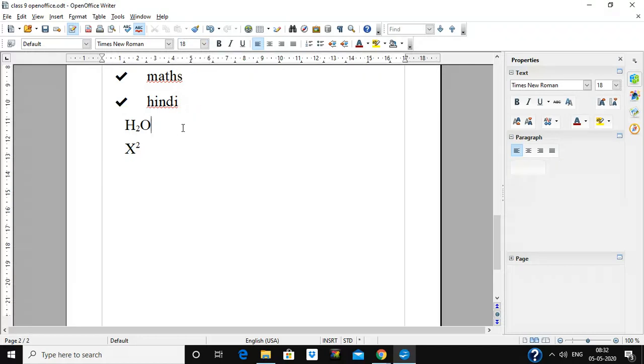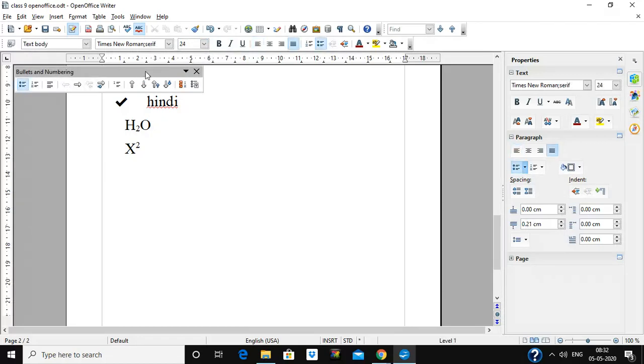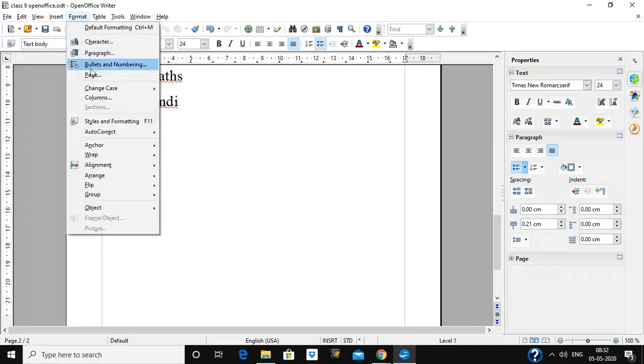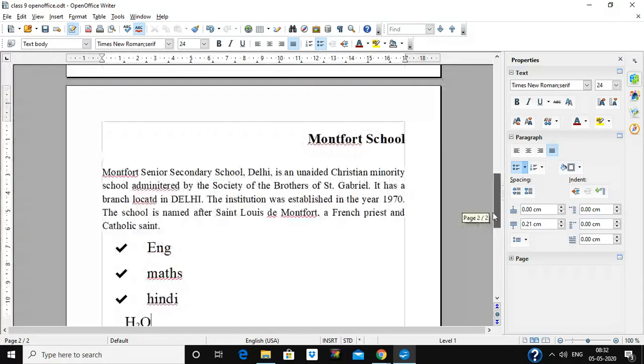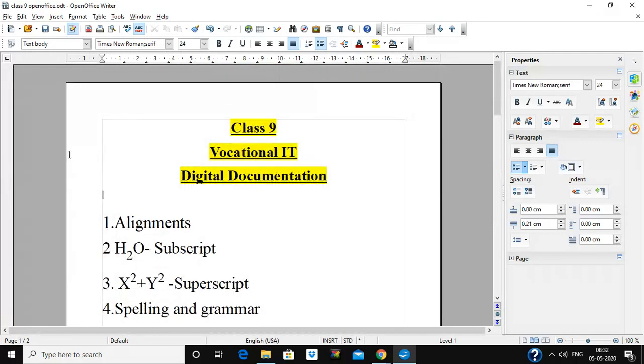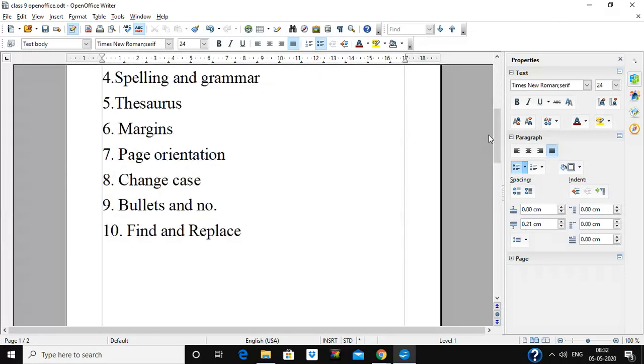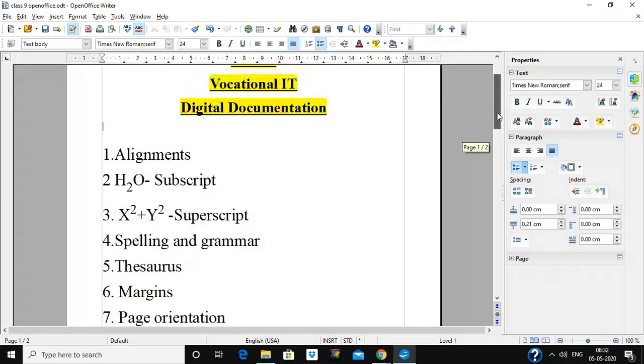If we have to change the margin for the page, we have to go to Format, Page. These are the margins which we can set. When you see an OpenOffice Writer file, there are some boundaries drawn over here. These boundaries define the margin. This is how much top margin we have. This is the left margin. This much space for the right side. Similarly for the bottom margin. So at all four corners of the page you will see a boundary drawn.